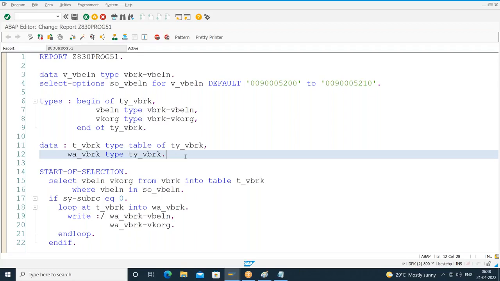How do you proceed? Any inputs from anyone? Yes, anyone? I want the sum value of the net value of the items of each billing document. Okay, so first what I'll do is,